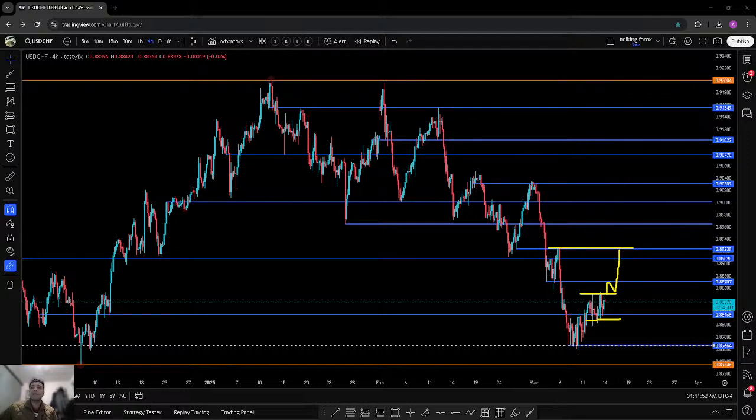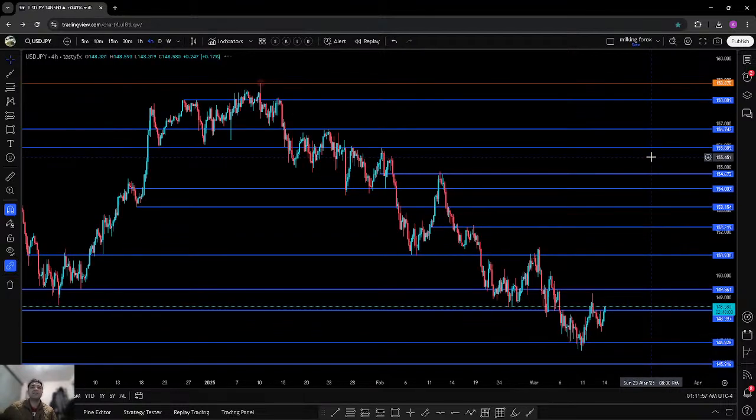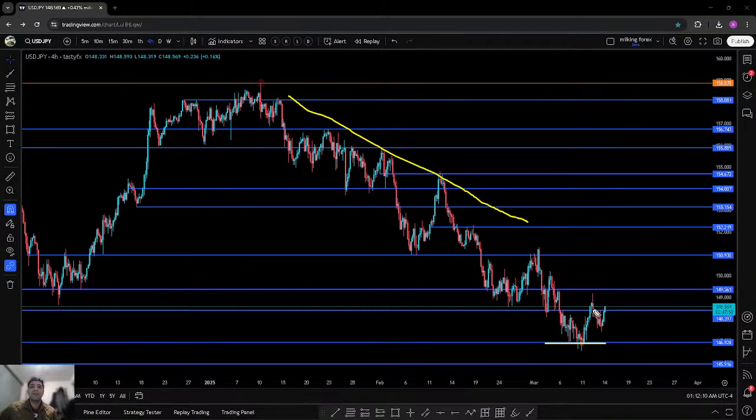And after this level, guys, things might get clearer for us to actually predict the next move. So let's move to the yen. The yen has made a beautiful move on the downside, pushing the dollar on the downside trend. After that we can see the prices have held around here, giving us this inverted hammer. Then there was a small pullback around this point, but the prices held around this with a small pin bar or a doji bar around here, and we can see that the prices are pushing on the upper side.